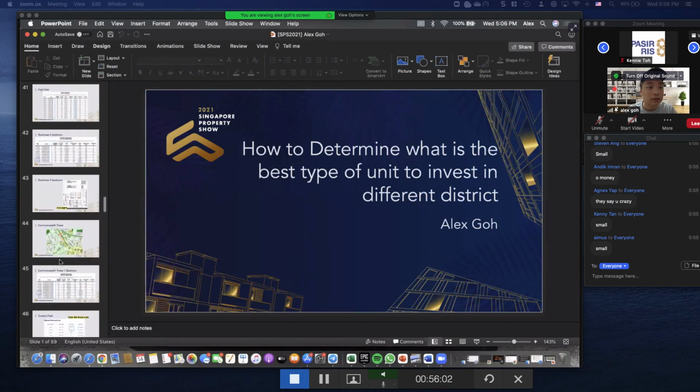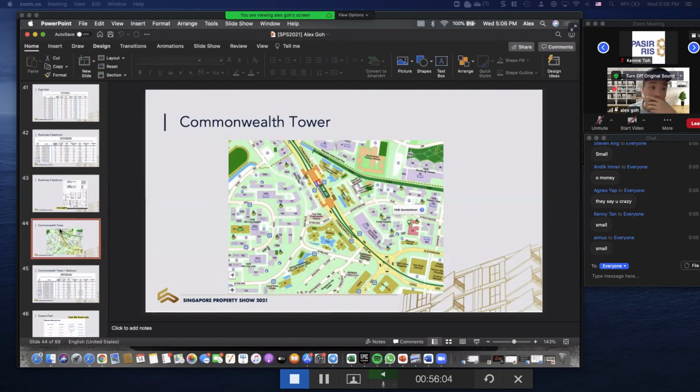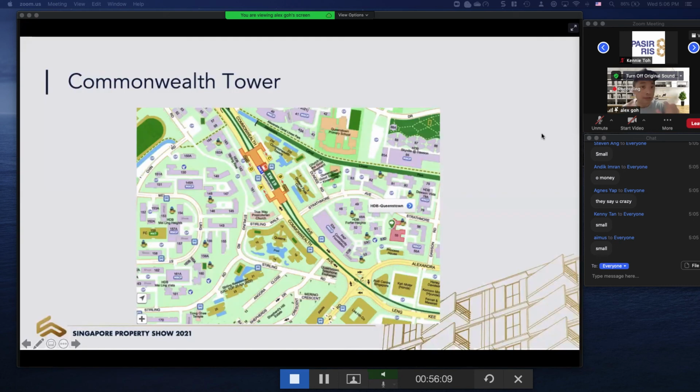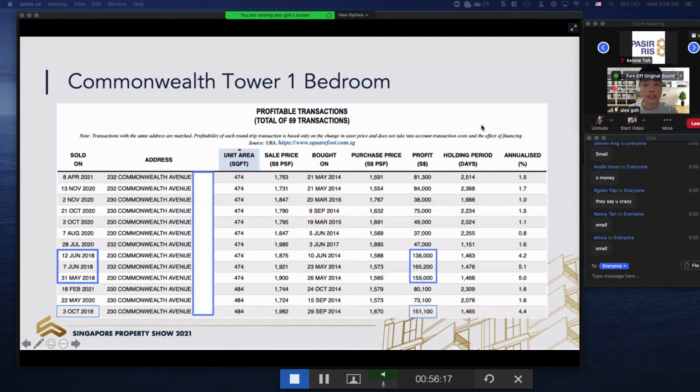Okay. So just now someone asked me about the supply, all these things. So now we see. This is Commonwealth Tower. So today I'm going into Commonwealth Tower. So Commonwealth Tower is here. This is Queen's Peak, side by side. You all see? So now we see Commonwealth Tower,